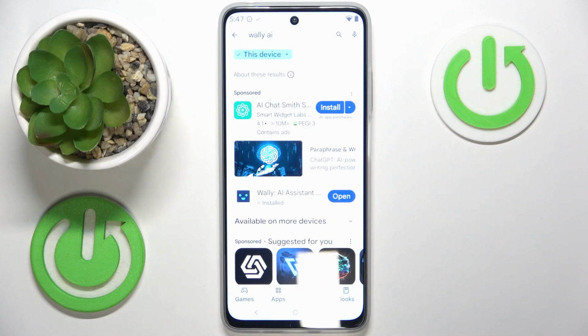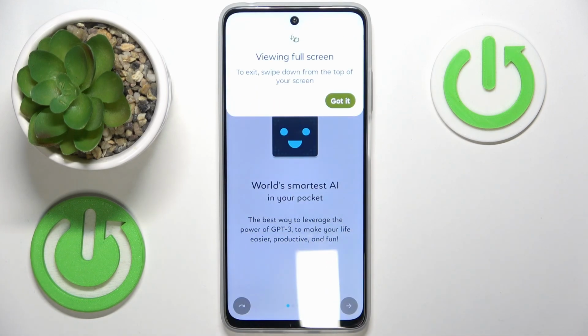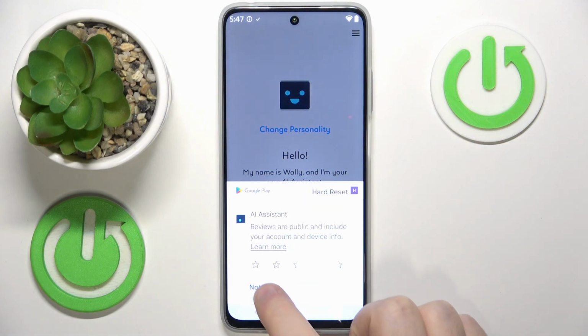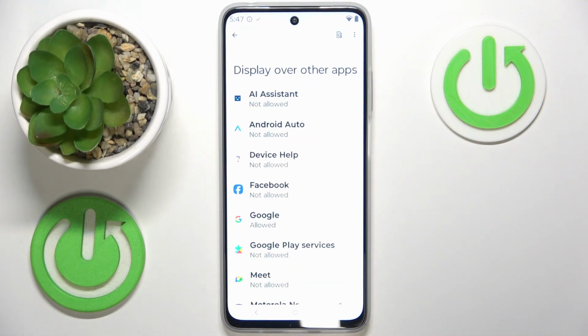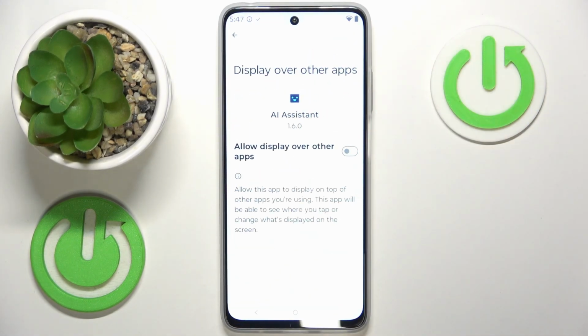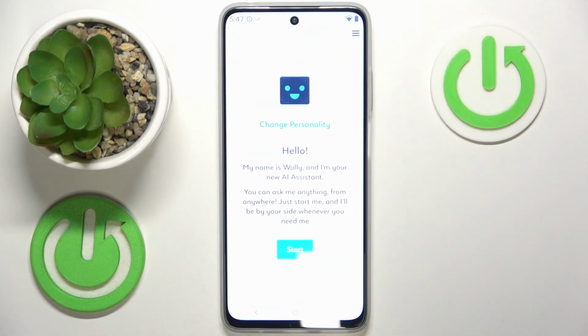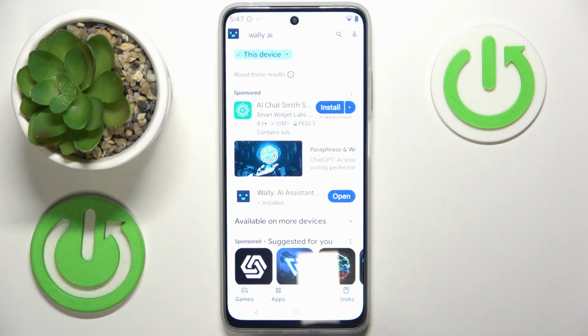And now you can click open. Then click got it and click on this button to skip introduction, then click not now and click open permissions. Now select the AI assistant and here you have to click here to allow this app to display over other apps. Now you can go back and click back again and click start, and as you can see right here